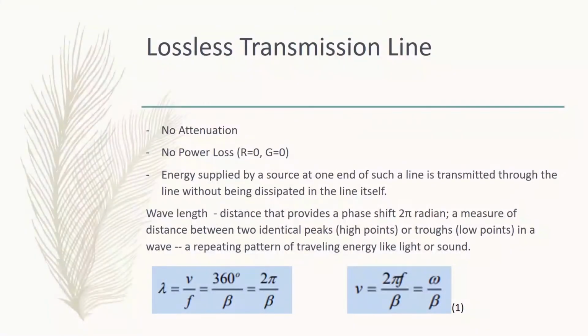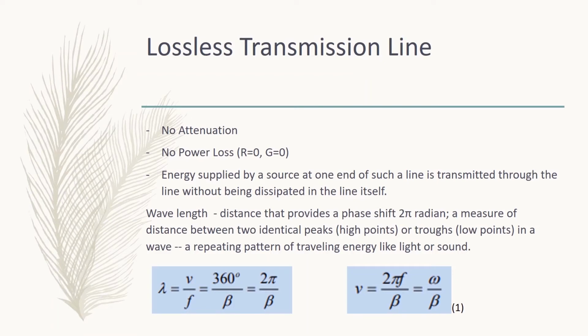Lossless transmission line. No attenuation, no power loss. R is equal to 0, G is equal to 0. Energy supplied by a source at one end of such a line is transmitted to the line without being dissipated in the line itself. Wavelength, distance that provides a phase shift of 2 pi radians, a measure of distance between two identical peaks, high points, or troughs, low points, in a wave, a repeating pattern of traveling energy like light or sound. The formulas are lambda is equal to V over F, 360 degrees over beta, or equal to 2 pi